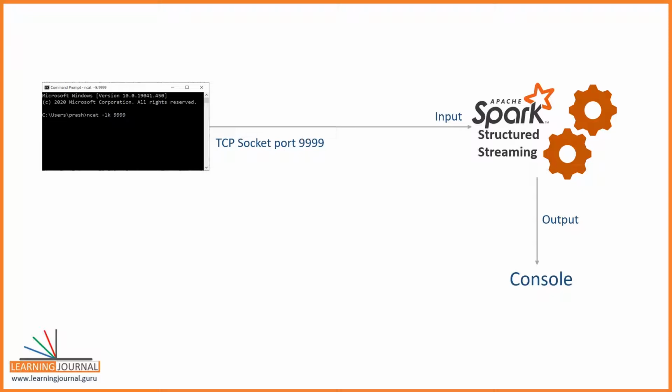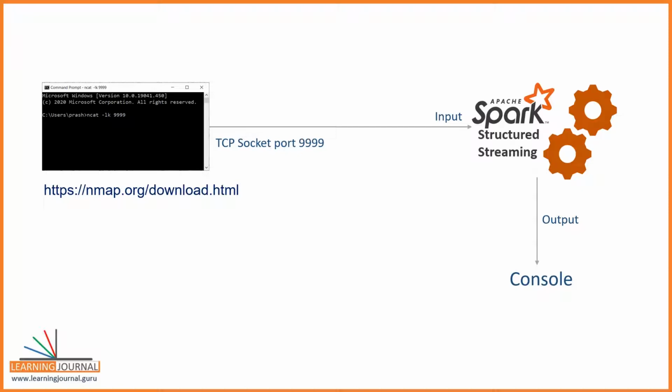You will need the Netcat tool for creating a listener. If you are on a Linux machine, you can use the NC command. The NC command is included in most of the Linux distributions. However, I am on a Windows machine, so I need to download and install something for using Netcat. I downloaded the Nmap tool for this purpose. You can get it from the following URL. Download it and install it.